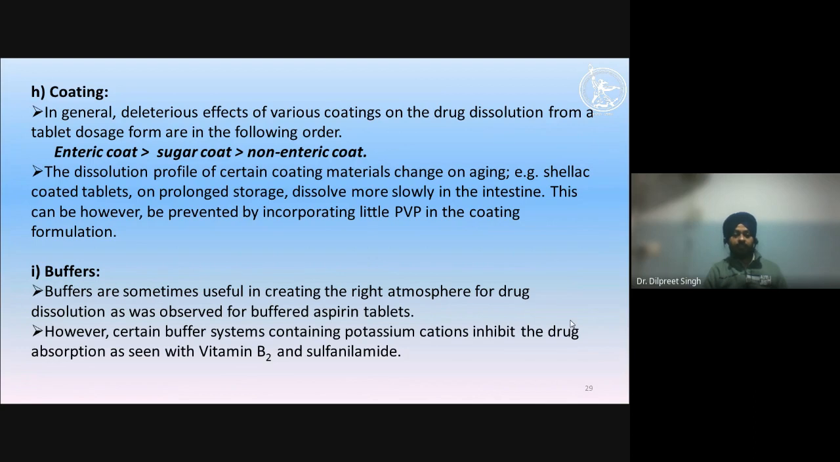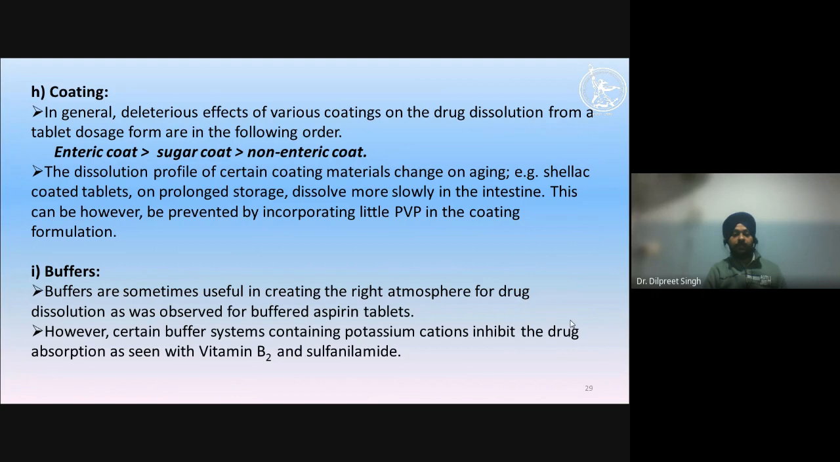The dissolution profile of certain coating materials will change over time. For example, shellac has prolonged stability and dissolves more slowly in the intestine. This can be prevented by incorporating a little PVP in the coating solution, which disrupts the shellac coat inside the tablet and promotes absorption quite fast as compared to shellac alone. So it depends upon which type of polymer you have used for the entire coating or for sugar